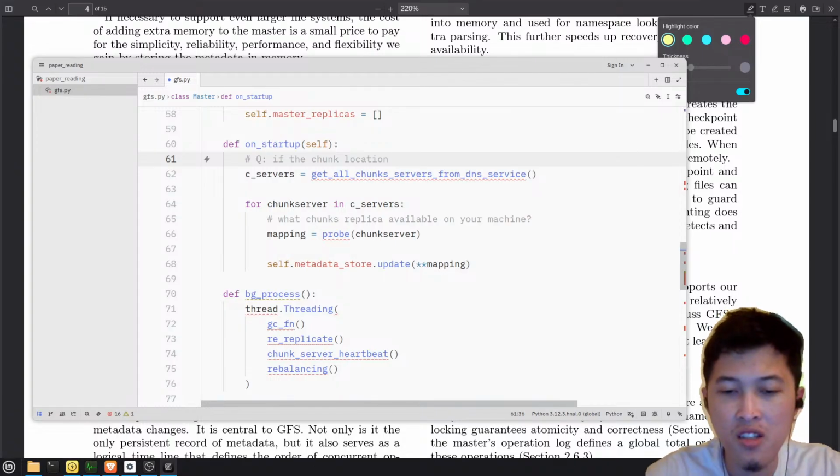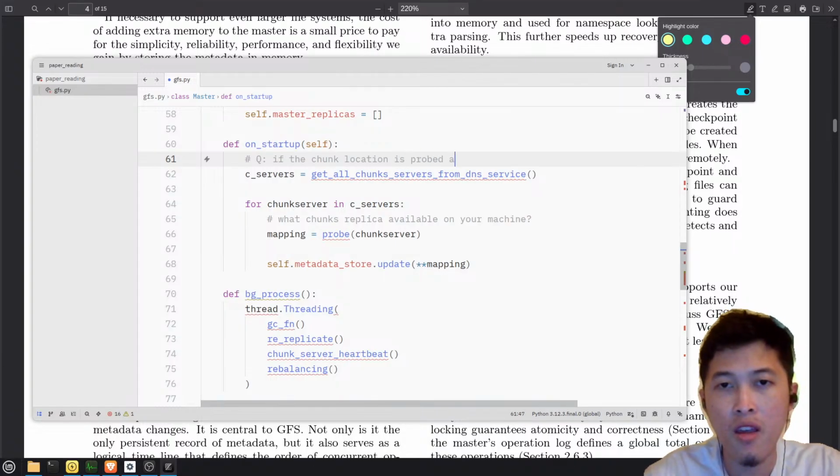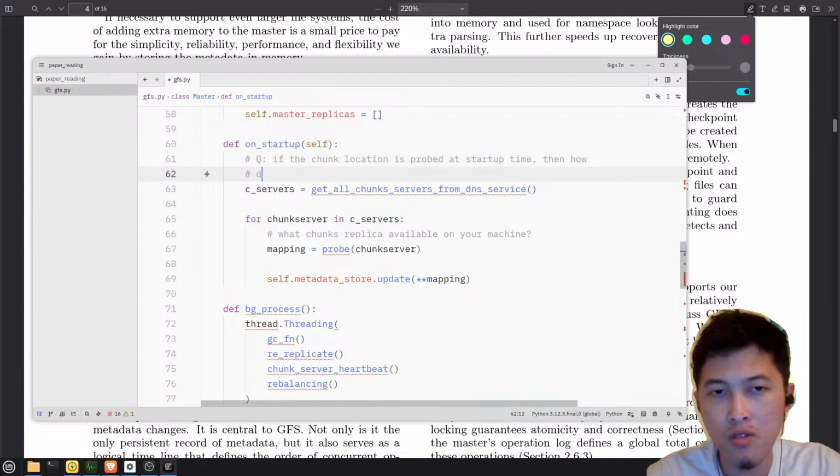If the chunk location is probed at startup time, then how does the master tell